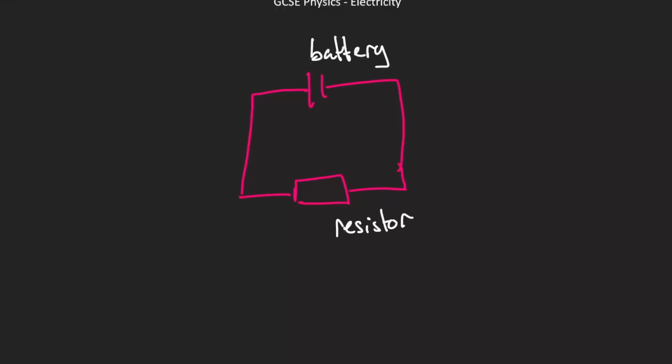Okay, now I've called this a battery. Technically this is actually a cell. A battery is a collection of cells, and here we've just drawn one cell, so this is just a cell. Okay, so this is a very basic circuit diagram that we've got, and in here this would be a perfectly functioning circuit. We've got two components, the cell and the resistor over there,